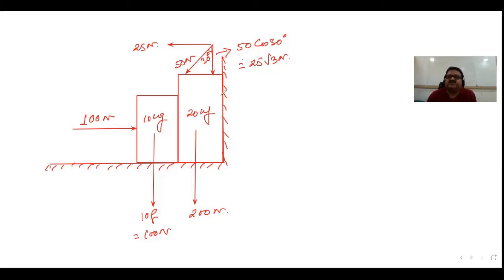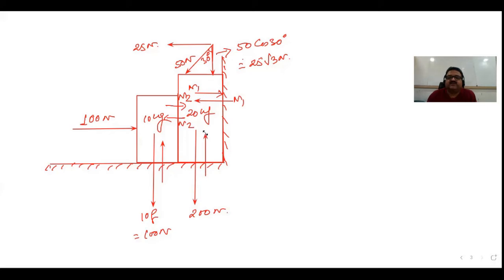Now, this mass 20 kg is pressing this wall. As a result, suppose this mass is pressing this wall with a force, say for example, N1. Clear? So this surface will also exert equal amount of reaction to this mass in this direction. So let me write this as N1, and this also N1, and suppose this N2, this N2, and normal reaction exerted with the surface in contact, okay, in upward direction is this, say for example N3, and